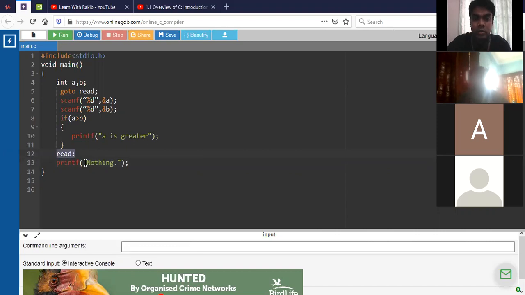Okay, just beside this label, we have to use a colon. If you remember, beside the label we have to use a colon, but beside this keyword and label we have to write a semicolon. Okay, this is the syntax. Let's see if we run this code, what happens.